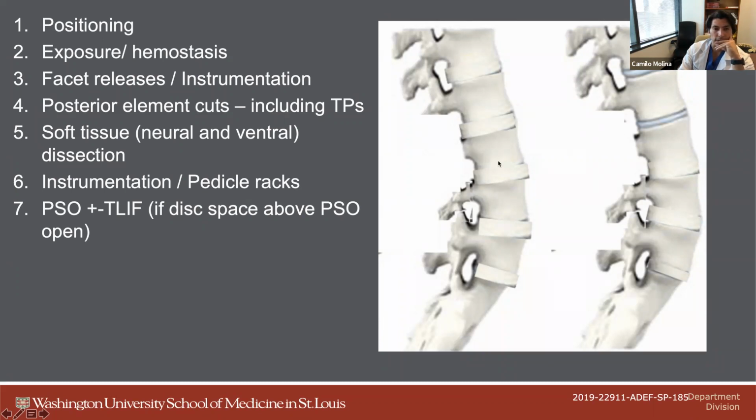So what we do, and what I learned from these guys, especially if you've got already fused disc spaces, is to make more of a wedge cut like this, so that you leave a little bit less than 1/3 of that anterior osseous column intact, where there's complete bone-on-bone contact still, and then you close across this, and that allows you to maintain bone-on-bone contact, for one, for better healing of your PSO, but two, it